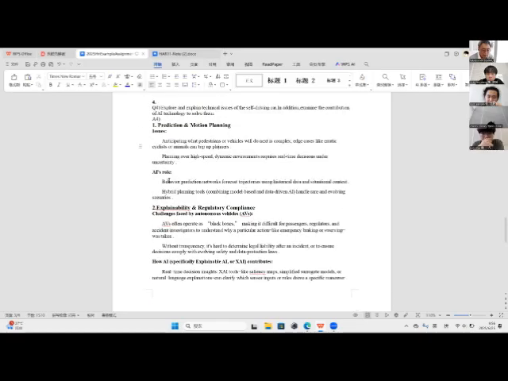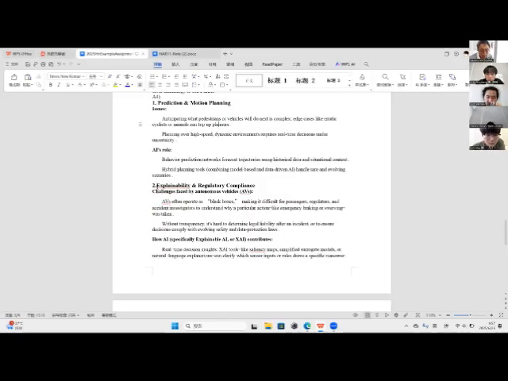And the AI role is that behavior prediction networks forecast trajectories using historical data and situation context. Hybrid planning tools, both model-based and data-driven AI, handle real and evolving scenarios. And the second question is about the